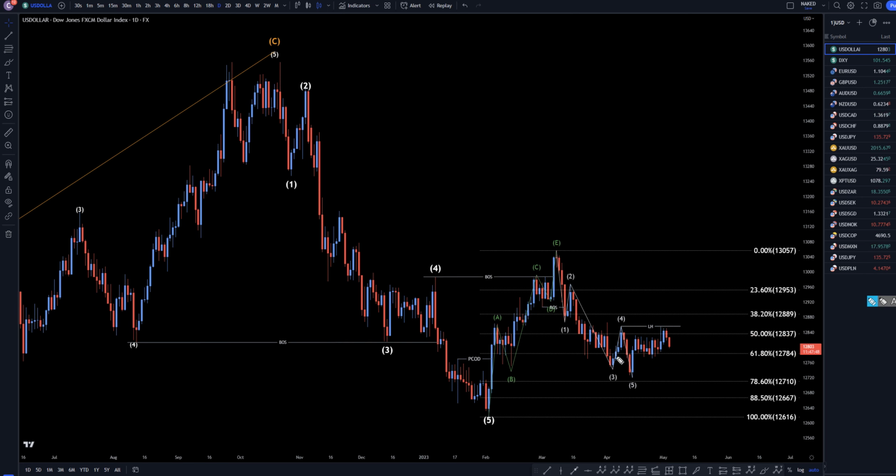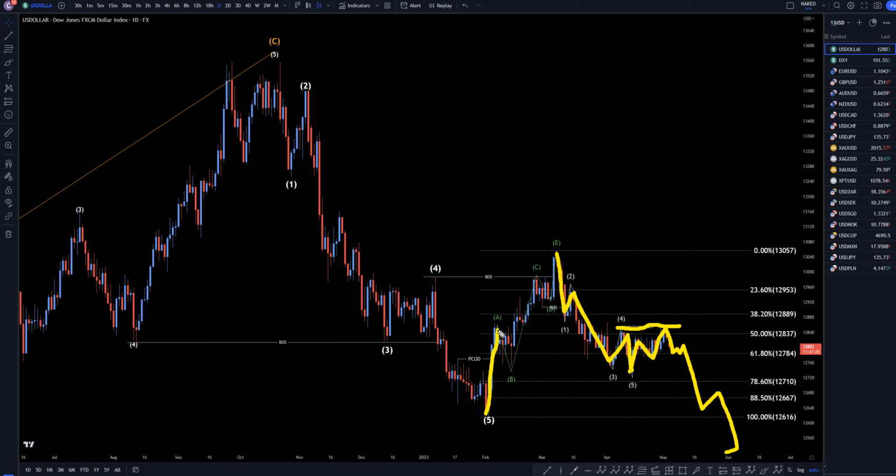So on the daily, one thing that you really have to notice is that this move down right here is a trend. That does not look like a correction. Another thing we have to notice is that structure was never broken to the upside, and it still looks to me like this is a correction, and it still looks like it may have already ended a correction, and it may already be continuing the downtrend.